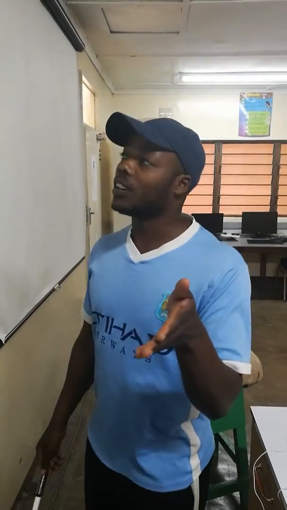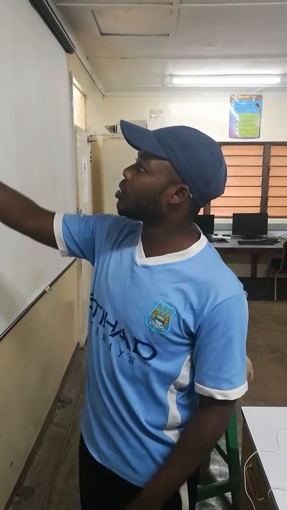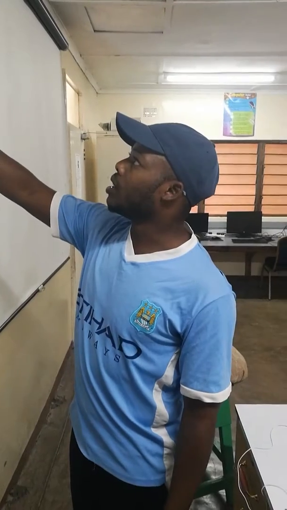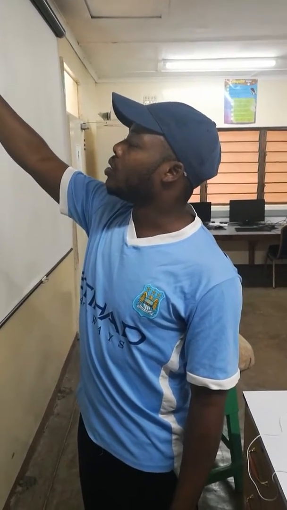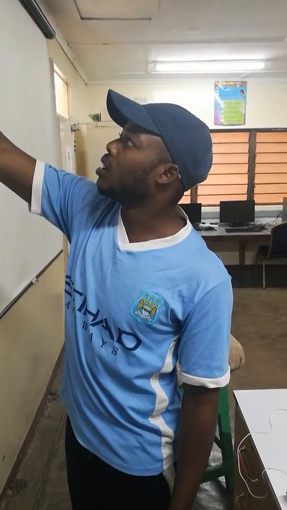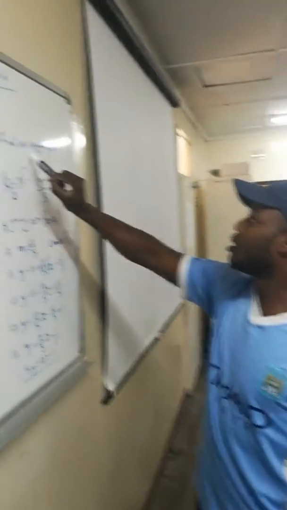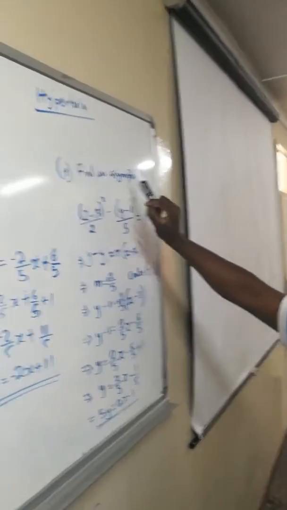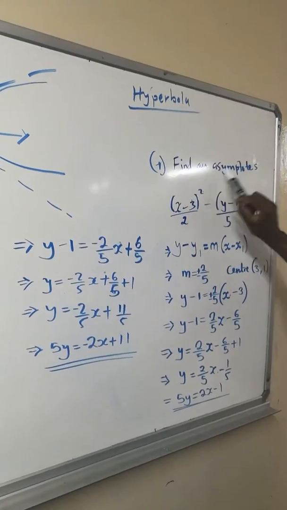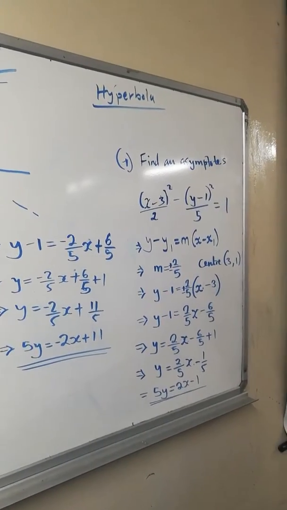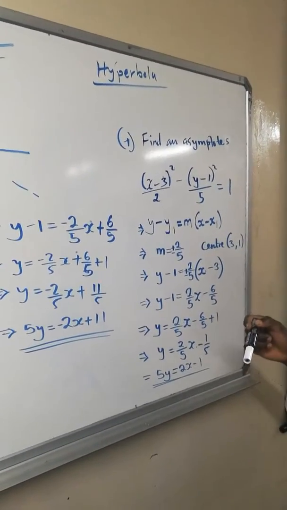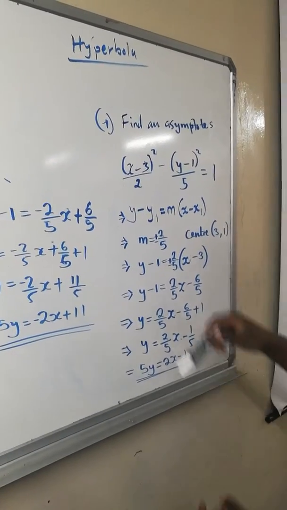Mr. Schamba. I'll be teaching you how to answer this question under coordinate geometry. This is a hyperbola question. Find an asymptote. This one, asymptotes. There are two asymptotes. Before we go any further, or before I explain more about what we're doing,